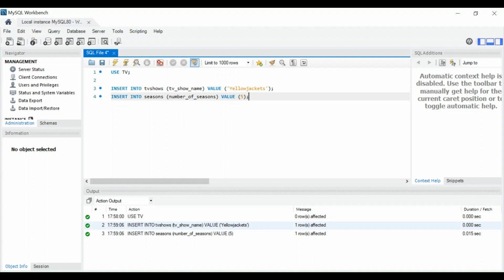We're going to start with an inner join. An inner join is a type of join that returns the matching data from both tables. So we are going to type SELECT * FROM tv_shows, and then on the next line, INNER JOIN seasons, and then on the next line, ON tv_shows.tv_show_id = seasons.tv_show_id;